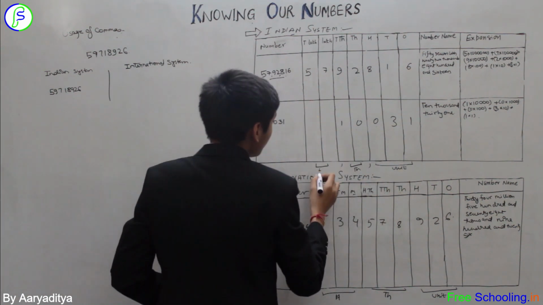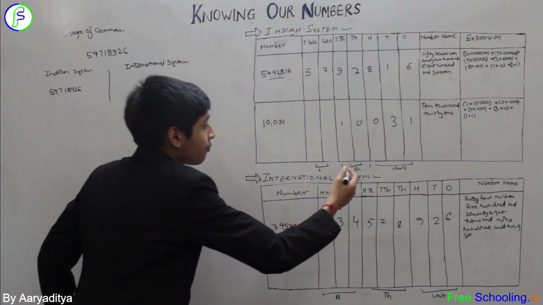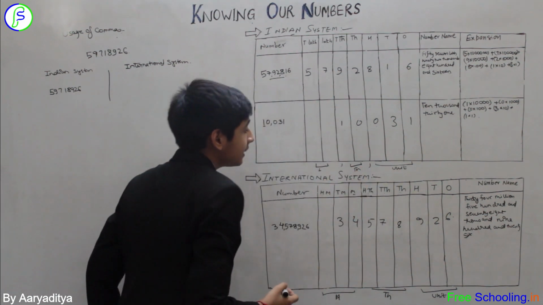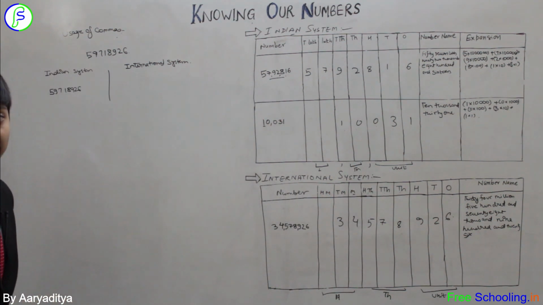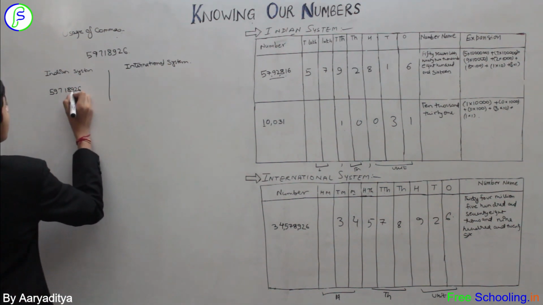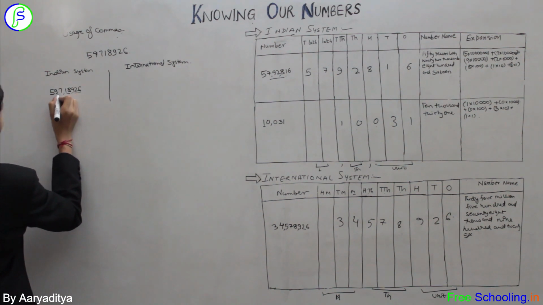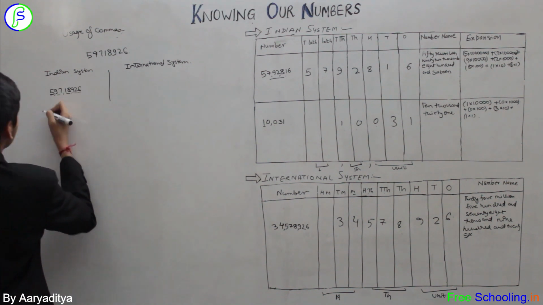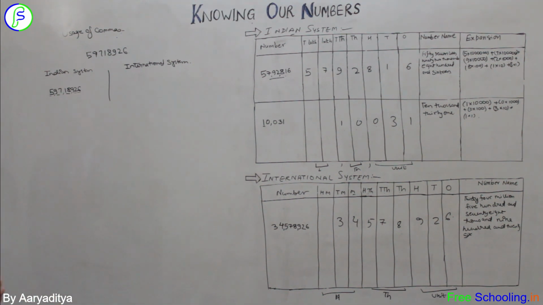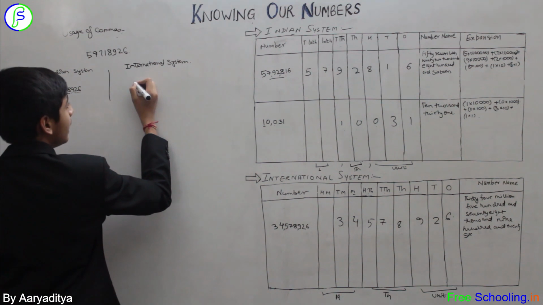And going on, because only groups with 2 places will be formed. So at first from the right, leaving 3 digits and then leaving 2 digits continuously till the end of the number. So we put a comma after the HTO unit group, then after the 1,000 group, then after the lakh group, and this number is called crore. So what do we get here? We get 5,97,18,926.